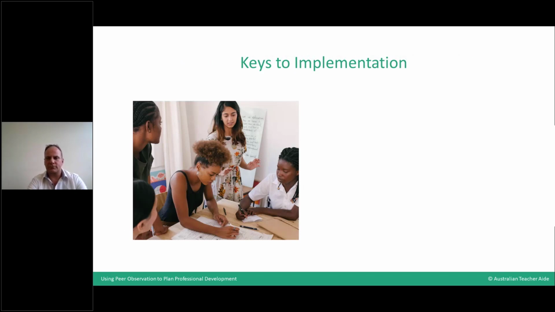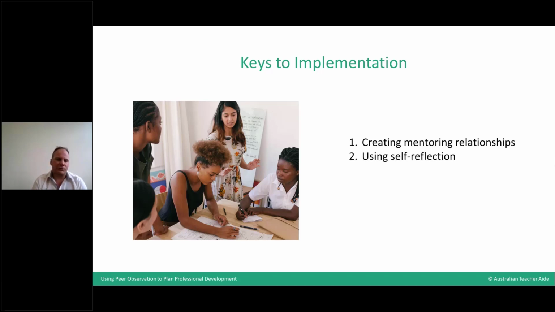So, the keys to implementation. The first one here is probably the most important. Inside your teams, you need to create mentoring relationships between your TAs. What type of mentoring that is will depend on how you are applying the model, but the idea is that you build these relationships so that TAs actually feel like learning from each other. It's very important that the observee and observer have that kind of understanding between them: one of them is there to learn, the other is there to teach.